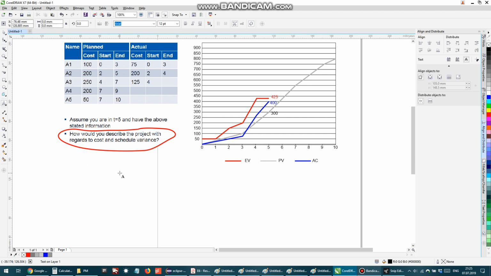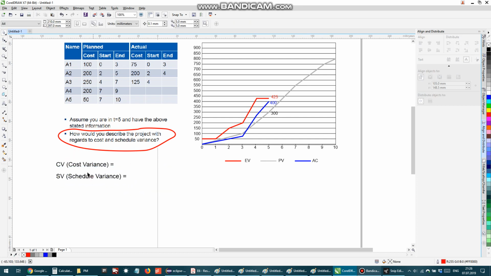First ones are variances. So, with a bigger font. That's CV, which is a cost variance, is equal to. Then we have SV, schedule variance. Then we have